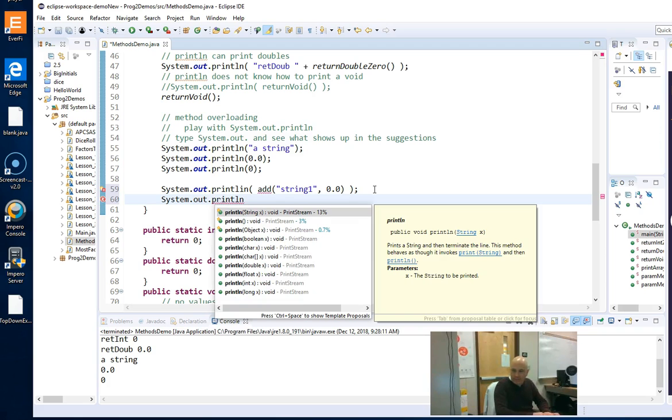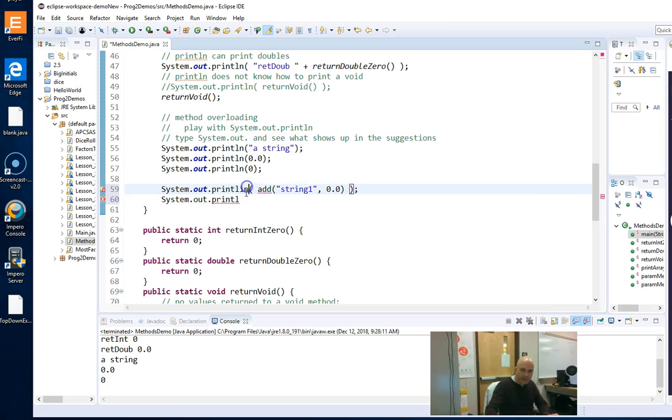System.out.println. How much time do I have? Oh, plenty of time. Perfect. I put an I in here. It doesn't matter. Oopsie. Wrong one. Right here. Here we go. The second add is going to go